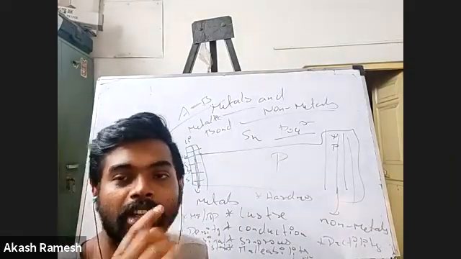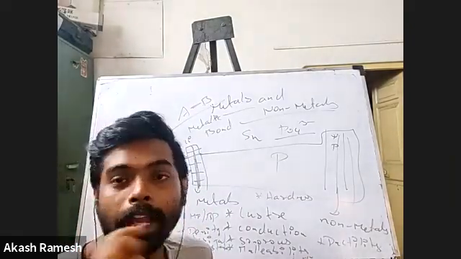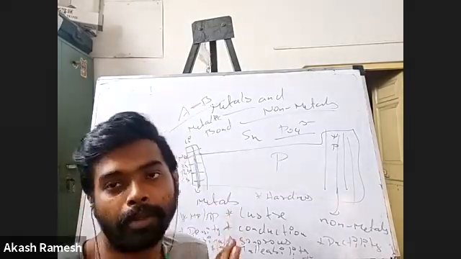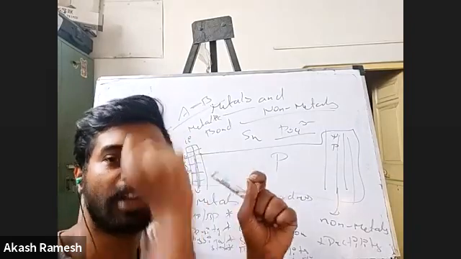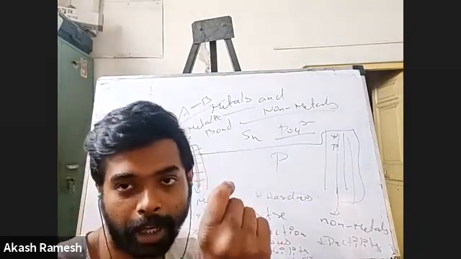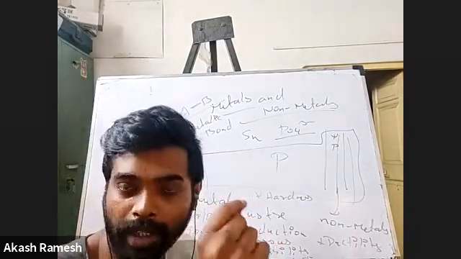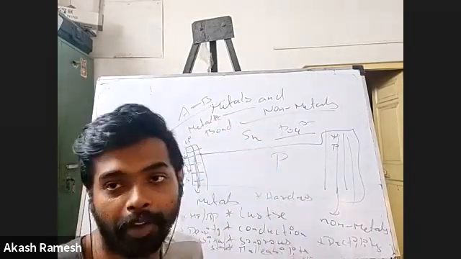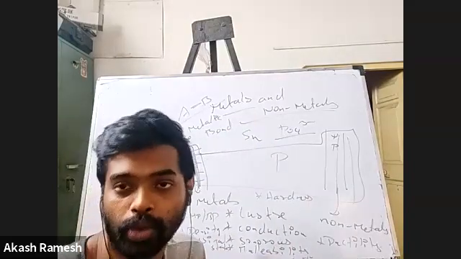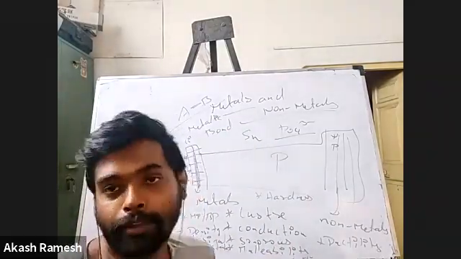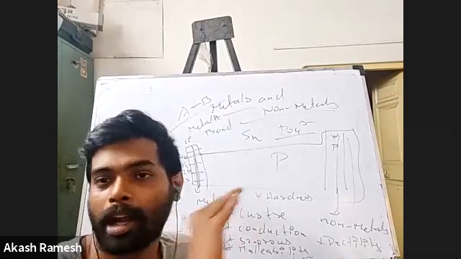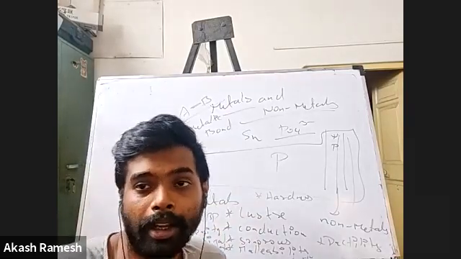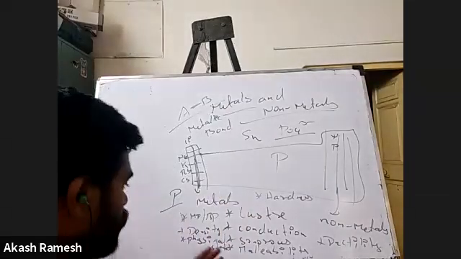In matchsticks, we use only black or red. Why we use only black or red is because white phosphorus is very highly inflammable. In the case of a matchbox, only if you scratch it should the fire come. If it was white phosphorus, just by exposing it to the atmosphere, it is going to catch fire. That is why we don't use white phosphorus. We use only black or red phosphorus, which is a little less reactive when compared to white phosphorus. Okay, good. So that is about the physical state.